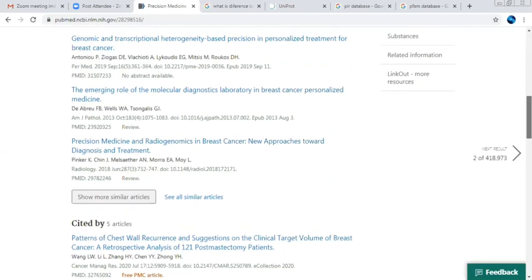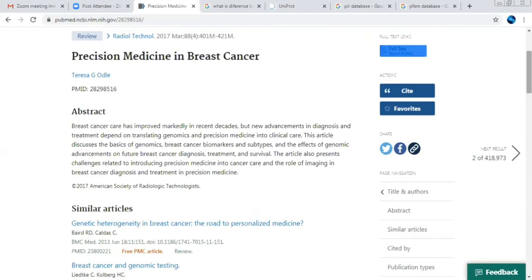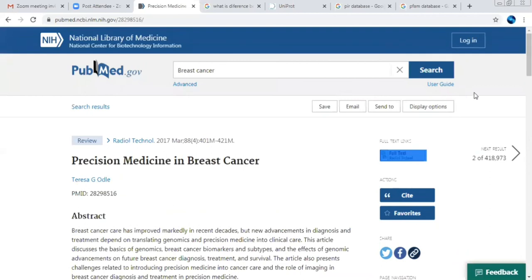So any of the keywords you can provide from here, and you will get the data with respect to your search of interest, and a user guide is also provided to you. You can click on the user guide and see how you can download more data, and how you can search with respect to your target of interest. So that's the flow of the PubMed database. That's the use of the PubMed database for our research work.